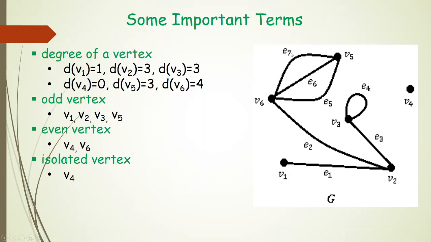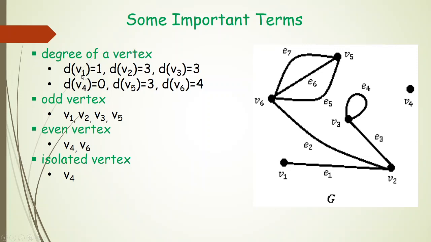For example, E sub 7 is incident to vertex V sub 5 because E sub 7 is connecting V sub 5 to some other vertex. So E sub 7 is incident to both V sub 5 and V sub 6. Another, E sub 2 is incident to V sub 6 and V sub 2 because E sub 2 connects these two vertices. So to obtain the degree of a vertex, you just have to count the number of edges incident